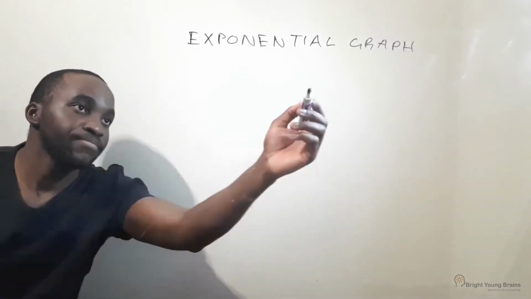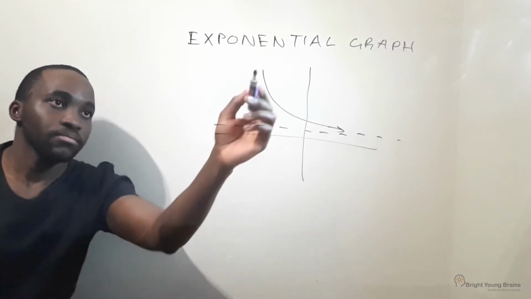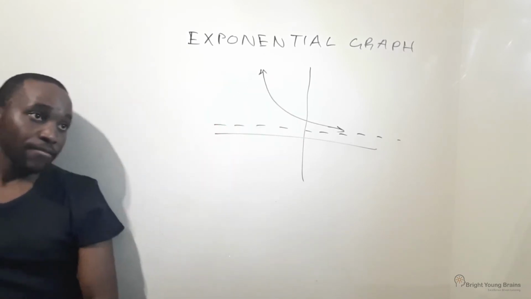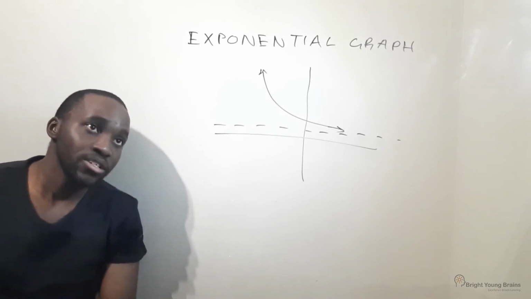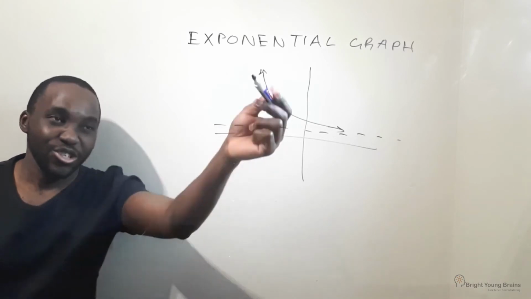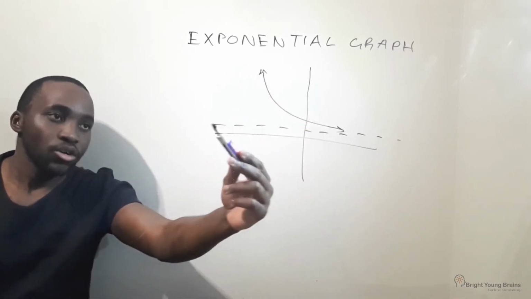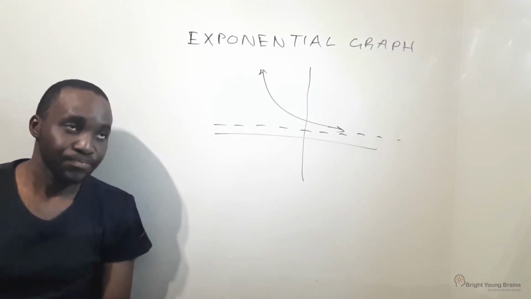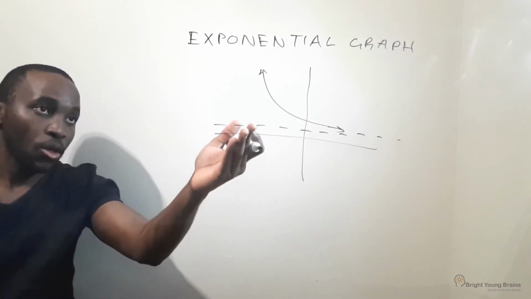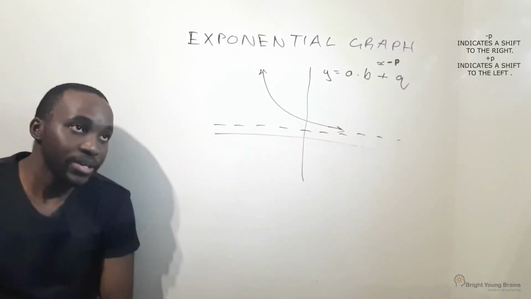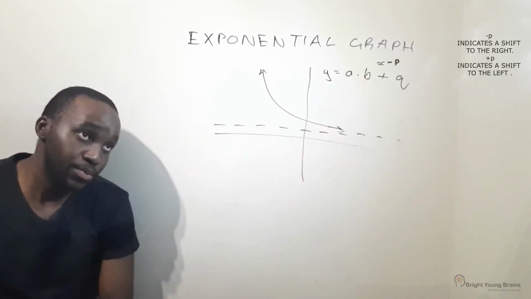Exponential graphs. This is what you may be visualizing. With an exponential graph, two things we always want to keep in mind are that an exponential graph is just a curve, and it always has an asymptote. It will never touch. The standard form of our exponential graph will always be a times b to the power